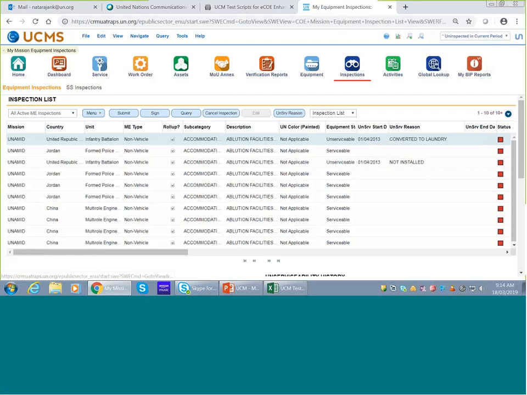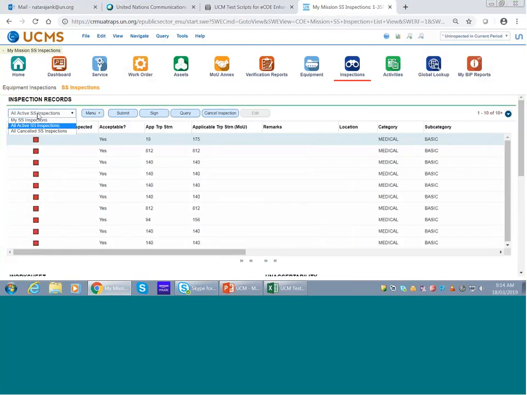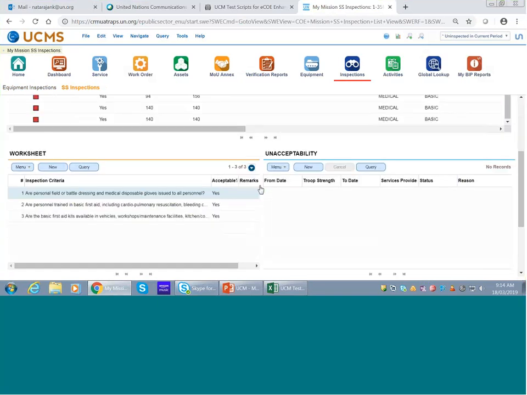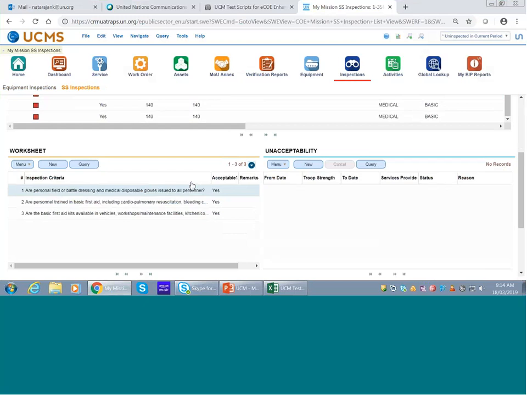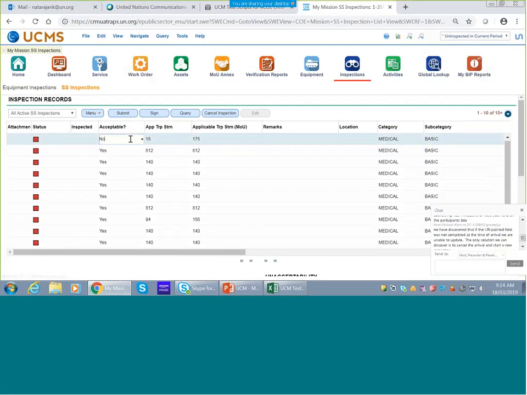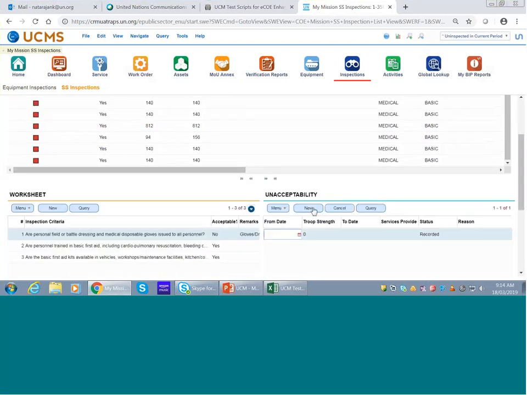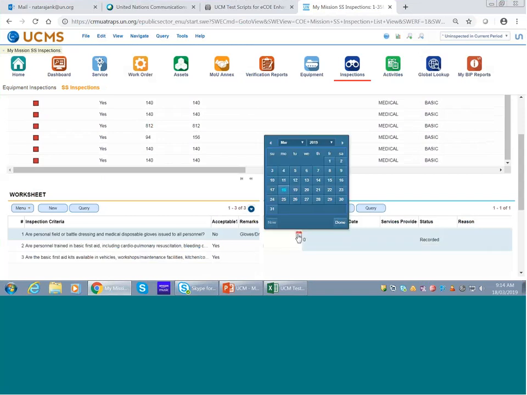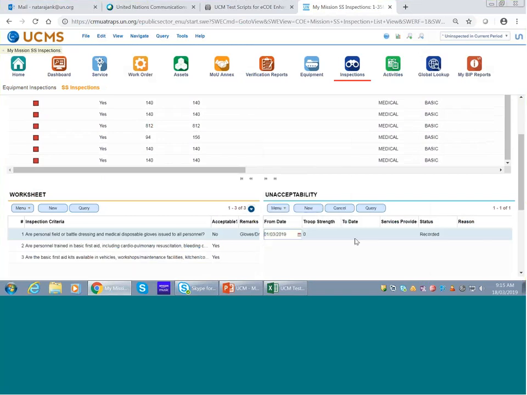Let me go to SS inspections. Under the SS inspections, you have these unacceptability fields. If I select no here as unacceptable in the worksheet, when you step off this record, the inspection is not acceptable, and you can enter the unacceptability date. You see that 0 is automatically populated, and if you select the date,